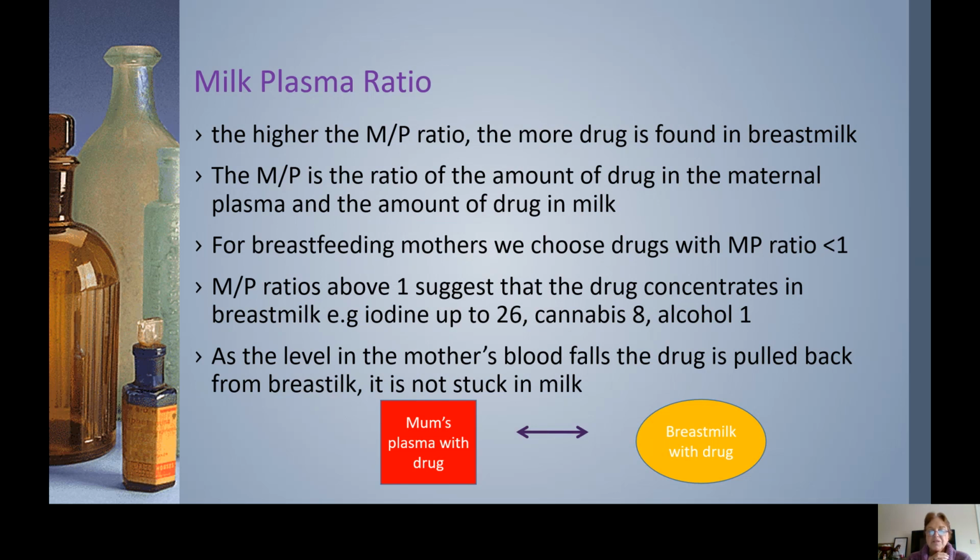We also want drugs which pass less into breast milk and stay within the mum's plasma levels. So the ratio between these two is less than 1. If a milk plasma ratio is above 1, it suggests that the drug concentrates in breast milk. And this may be through ion trapping, or it may be an active transfer. So, for example, we want to avoid iodine because the milk plasma ratio can be up to 26. So even using iodine dressings to cover a wound may result in